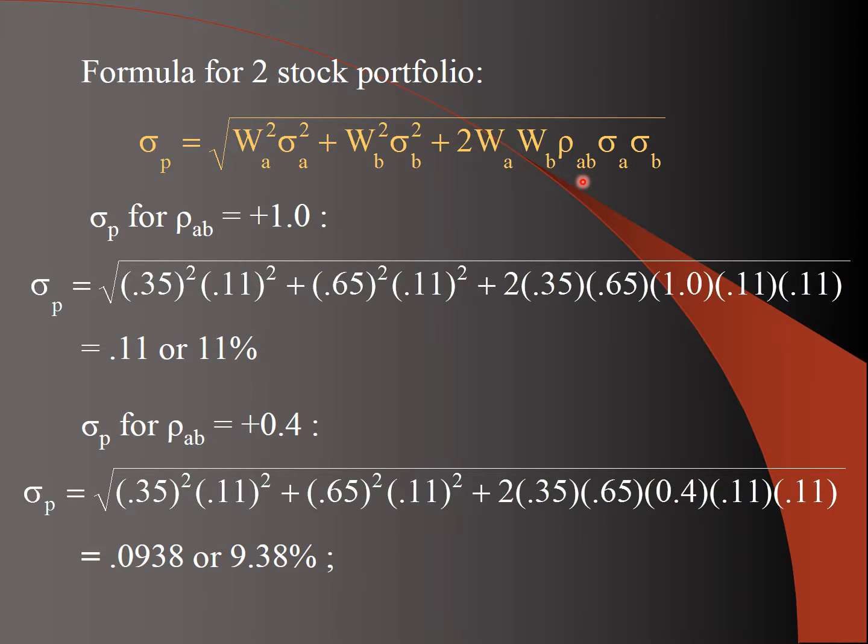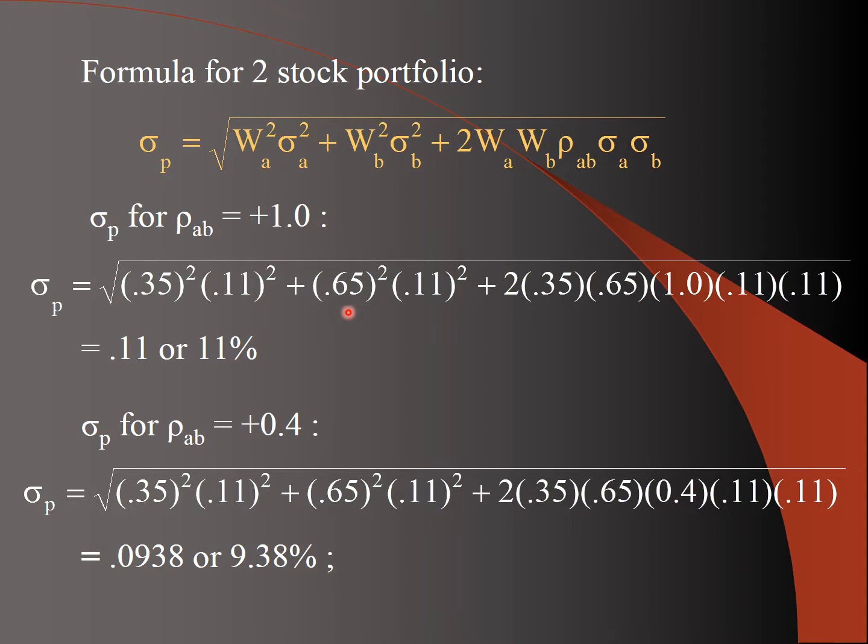So let's do the first one and find the standard deviation for the portfolio, assuming that the correlation coefficient is 1. So the standard deviation for the portfolio is equal to, we said in the previous slide, our proportion of money invested in stock A was 35%. So here's our weight in stock A, 35% squared, times our standard deviation of stock A squared,